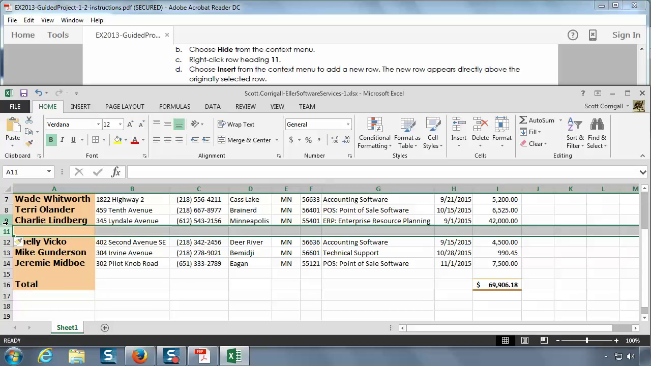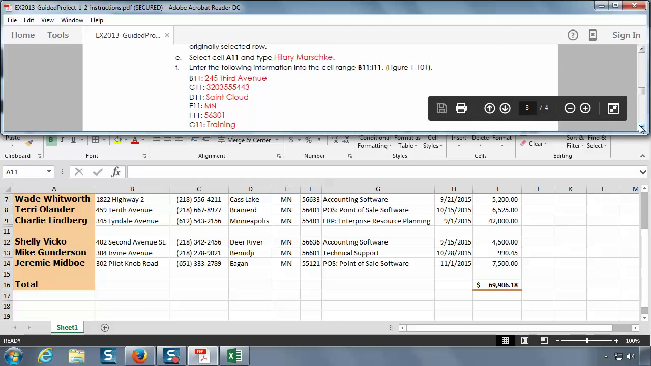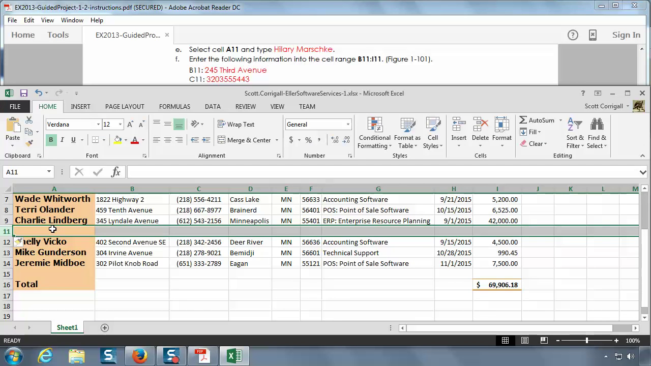It still goes 9, 11, but what used to be 11 is now 12. What used to be 12 is now 13. It's moved everything down for us. We've added a new row. Now it's time to insert this new text, and there's just a bunch of things we have to type. In the first grouping, it wants us to type Hillary Marchkey,